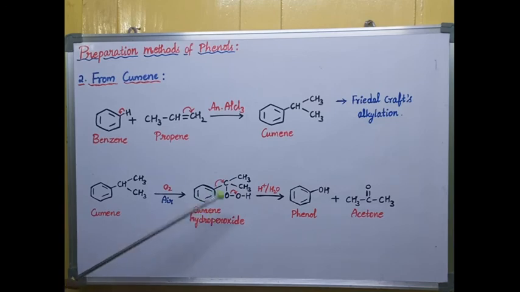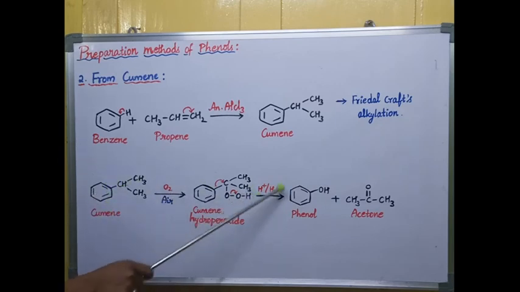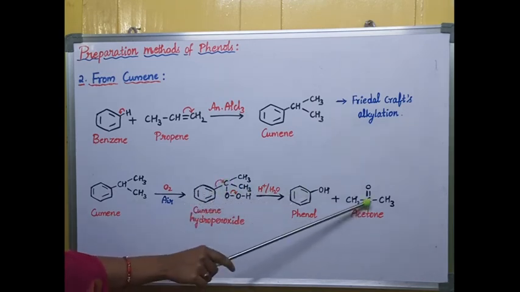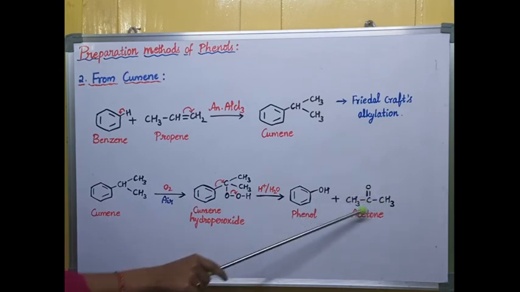Next, we'll remove the acetone from this molecule. This reaction takes place in the presence of acid. I'm breaking this bond and shifting the bonded electrons towards the carbon. This carbon gets a negative charge, and this carbon gets a positive charge. Now I'm breaking this oxygen-oxygen link, shifting the bonded electrons to this oxygen, so it forms OH minus, and it forms a positive charge. This positive charge and this negative charge on the carbon form a double bond here. So it comes out as an acetone molecule.